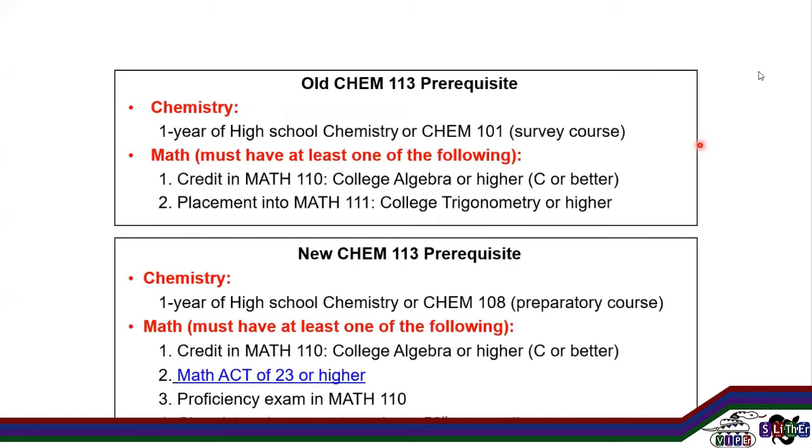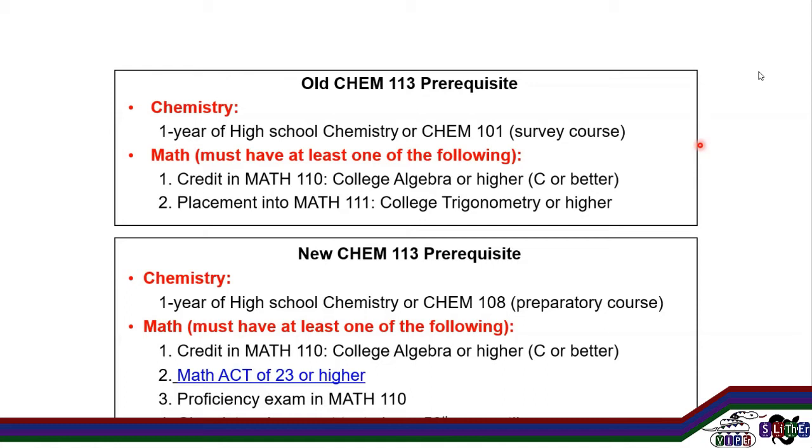All right, so what we did was we changed the prereq for our General Chemistry sequence. So before, the prereq was either credit in 110, which is college algebra, or placement into college trig, and 1 year of chemistry. What we changed that to is that